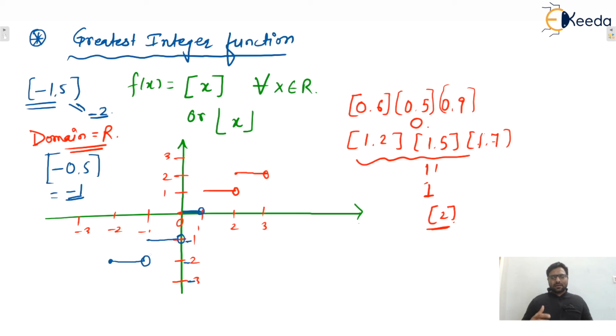So in the next lecture, I am going to start with some types of functions. In the types of functions, we'll see what is one-one function, what is onto function, what is into function, and we'll see inverse function, identity function, symmetric function, permutation function. All these categories of functions we will discuss in the next lecture, and that is very important.